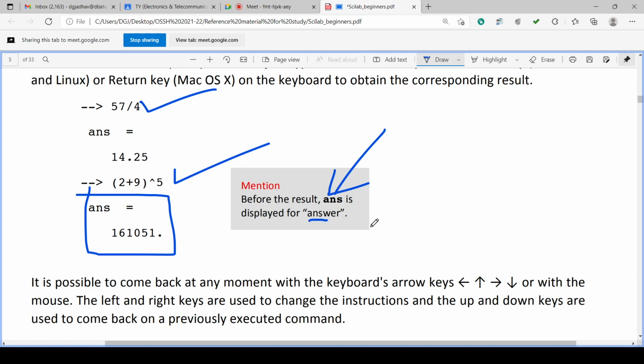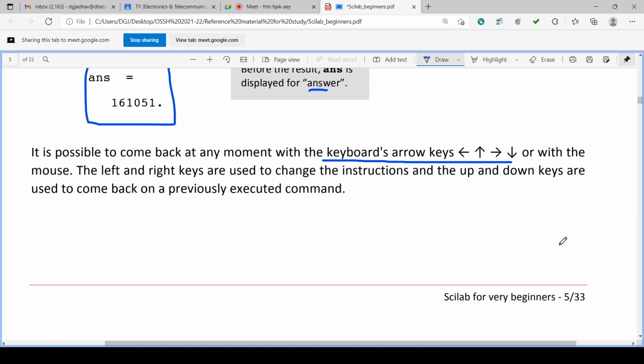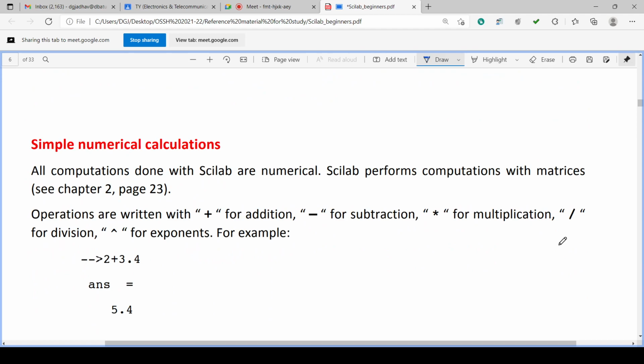All previous answers will be wiped out. And keyboard arrows we can use for taking back all the previous instructions executed or next instructions executed after some instructions.